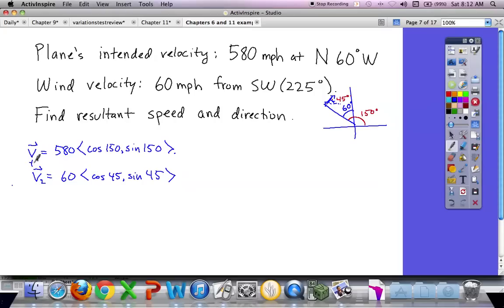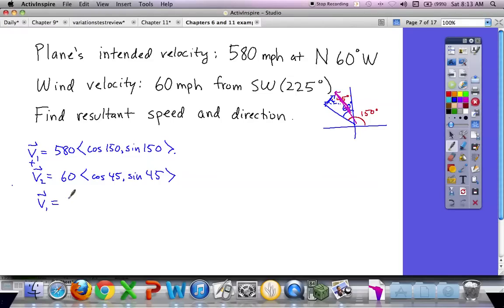Okay, we want to add these two. When I add these two, I'm going to get this resultant vector. My pen is not quite straight. So if I add this vector plus this vector, I get this vector. So we're trying to find the magnitude, the length of that, and its direction with the positive x-axis. So how do we add vectors? We add the components. So let me simplify this. V1